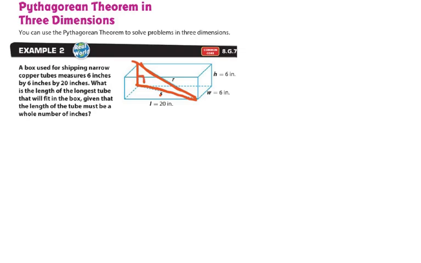So I can essentially use the formula a squared plus b squared equals c squared. But what I need for this formula is that the c squared is actually the R squared. Does that make sense? Because that's the hypotenuse. So I'm going to replace that with R. Let me say that a squared would be this guy right here. That's that height that matches this height. Does that make sense? So that would be 6 squared